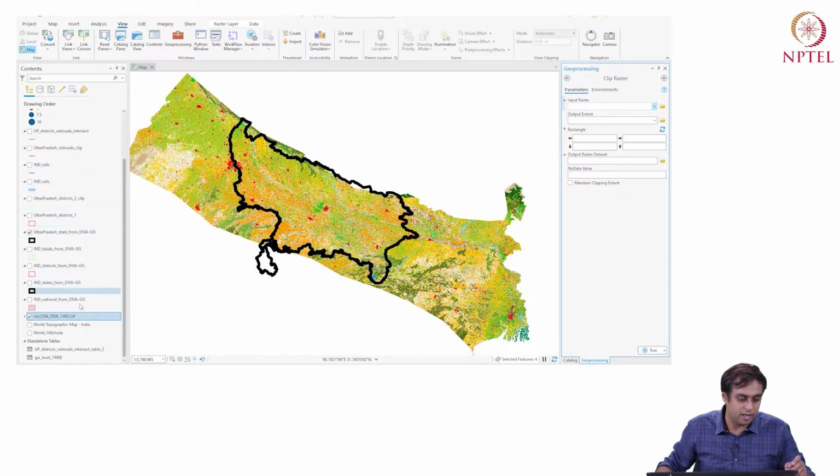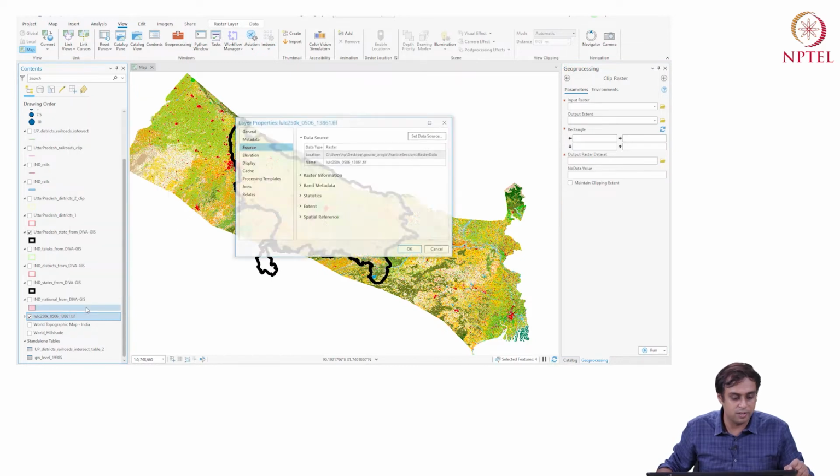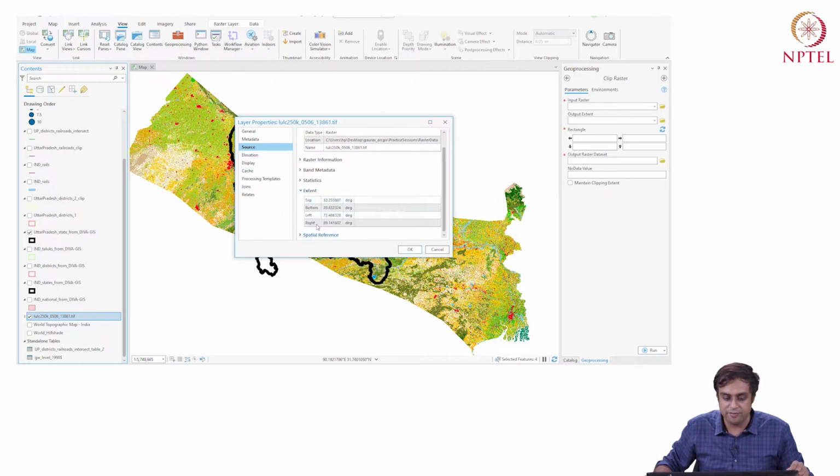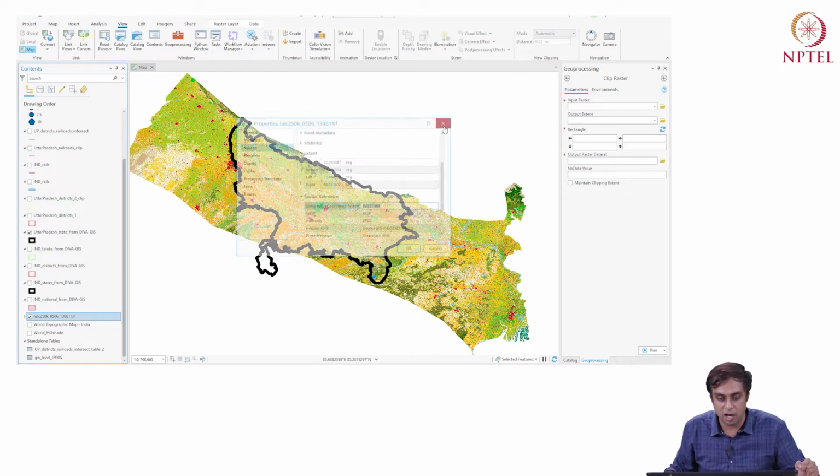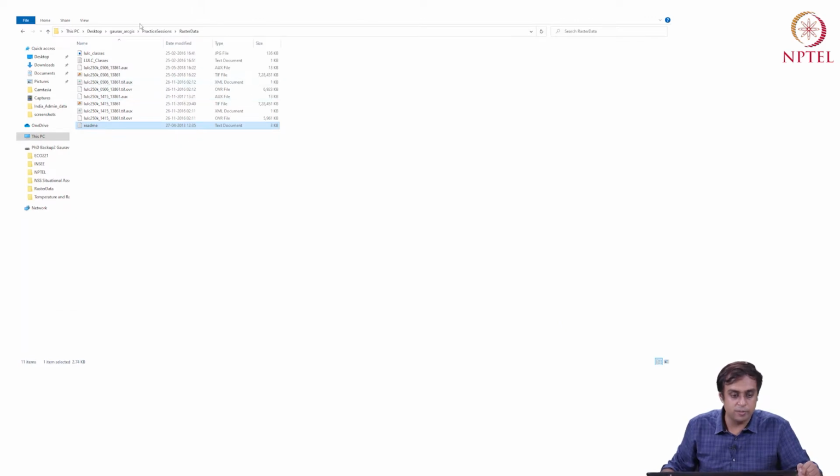On the left, right? By the way, one thing that we should always do is we should always look at the properties of our data. So for the data, I should look at the spatial extent, spatial reference. Well, it is WGS 1984. That's fantastic. So I can actually overlay the vector files on it, and the locations I see are a good representation of where certain types of land use are. The data can also be seen here. I mean, this is in the physical folder, right? In the other folder, you only see one file, LULC 0506 TIFF.